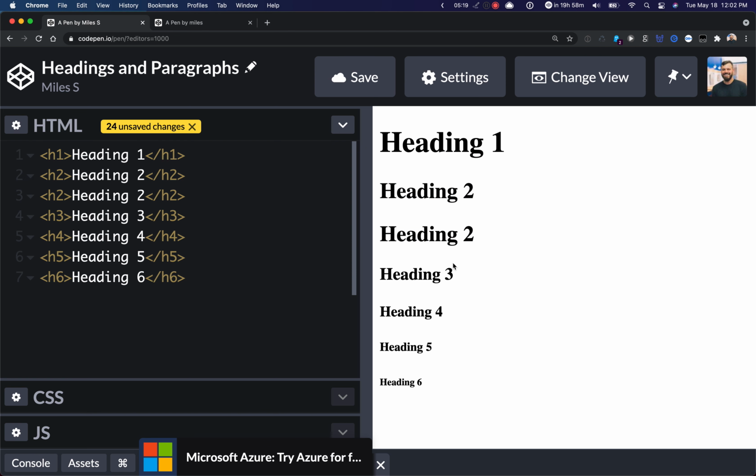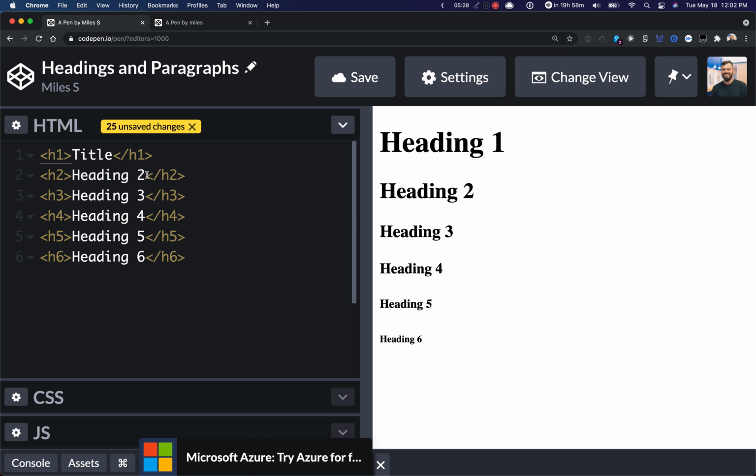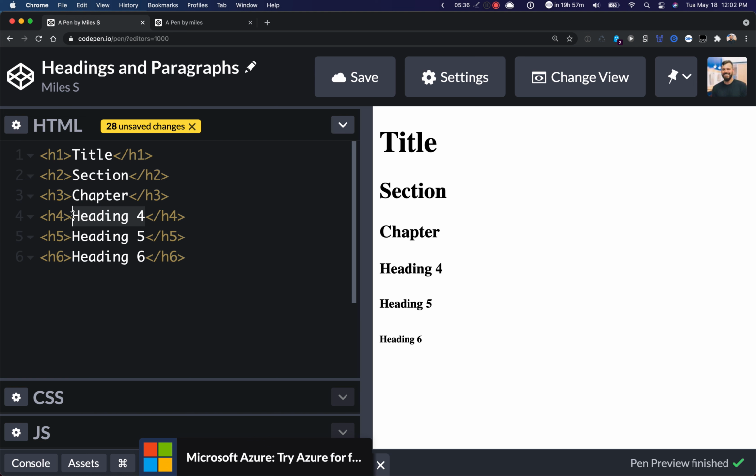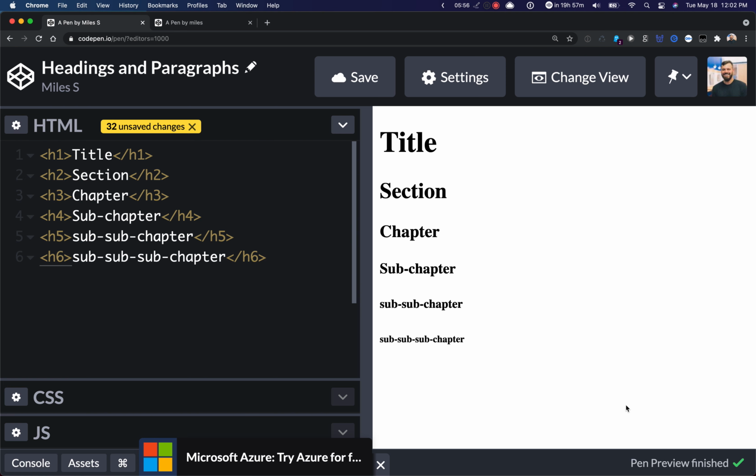And then you have these things called H3s. Those could be like the chapter of the book. So you have the title, section, chapter, and then you have like a subsection or subchapter, and a subchapter, then a subchapter. So the idea is that first you have a title, then you have a section, then inside your section